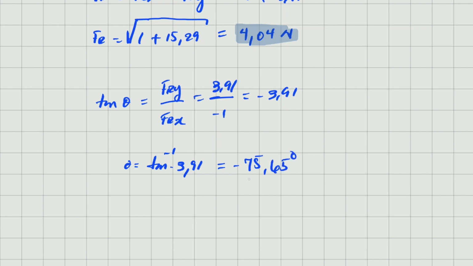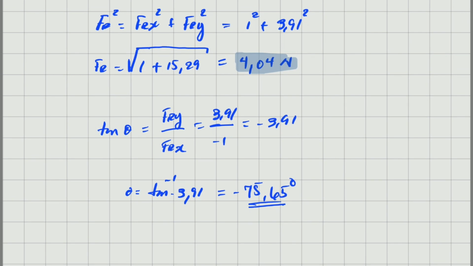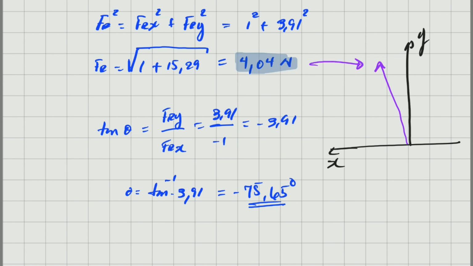And the answer is going to be minus 75,65 degrees. Now, this angle, if you notice, this drawing, where is this angle going to be? So roughly, this vector is going to be somewhere there. Alright, a little bit perhaps more to the y-axis. This is the vector we just calculated, that is the vector. And this 75 is the angle from this x-axis. Alright, this is the 75,65 degrees. That is that vector, but the direction must be given according to the axis. So for the final direction, you come from the x-axis all the way to the vector, and you get this angle here,